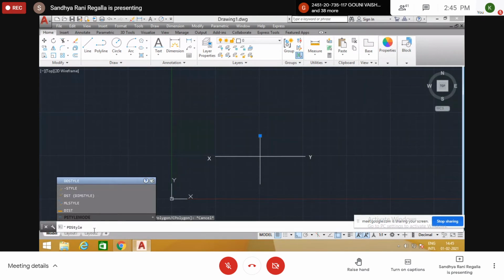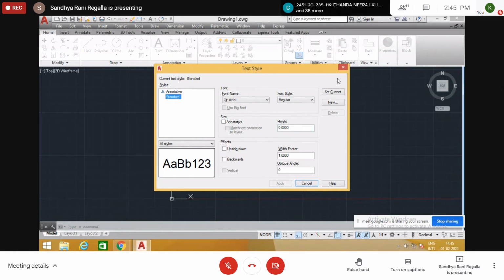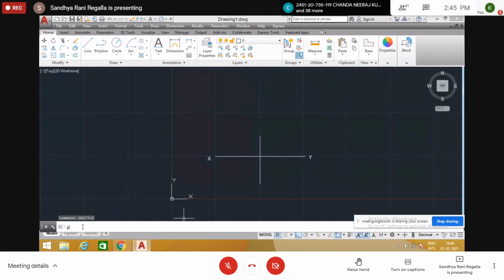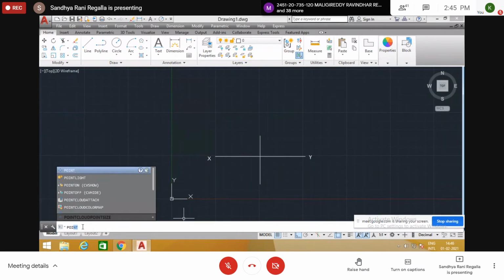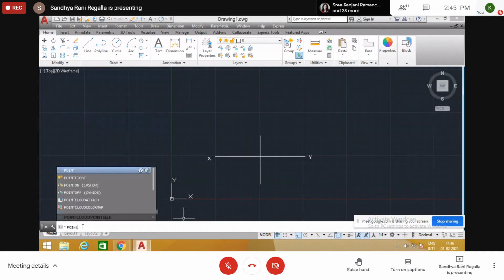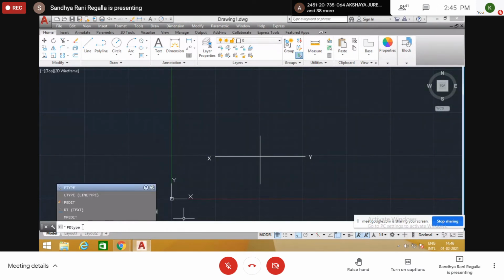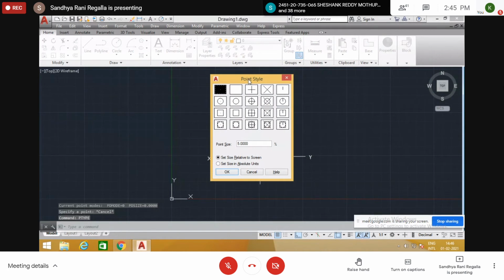This is text style. PD type, not style. See, point style.